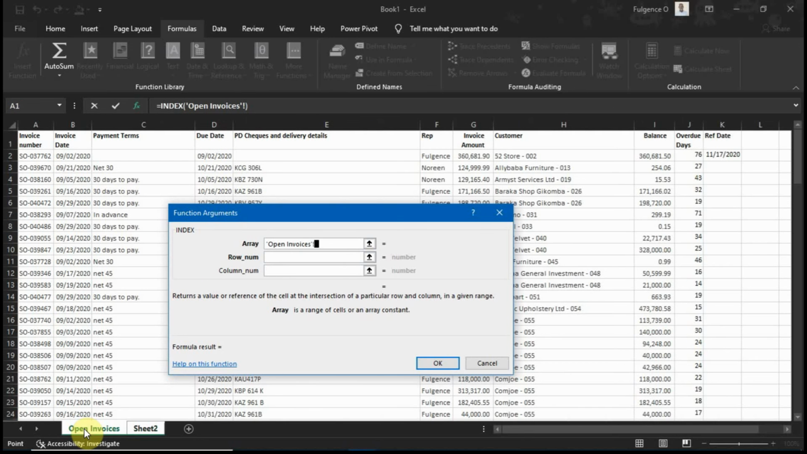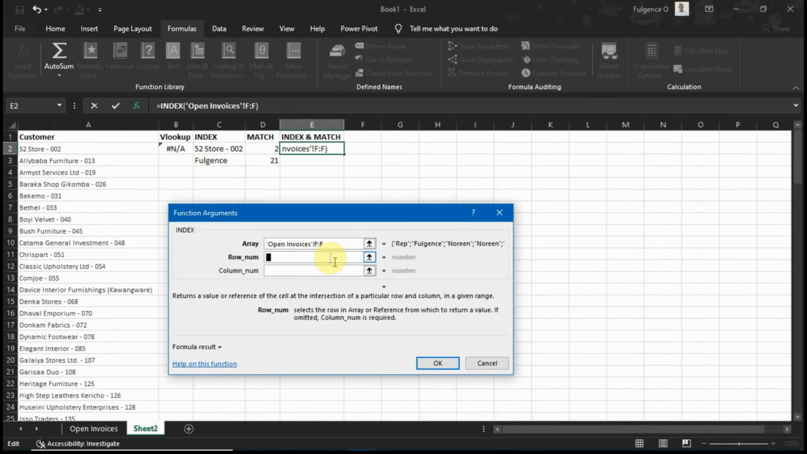We go to open invoices, and Representative is in open invoices column F. We only select the column that we need. That is a good thing about index and match: you only select what you need. That's column F. And then the row number. We could have typed row number 2, that is Fullness, row number 3, Doreen, all the way down. But instead of just typing a number in the row number, remember the match will give us a row number. So we just type in the match function here